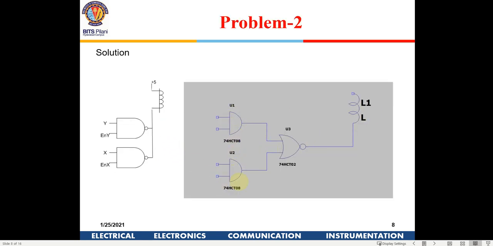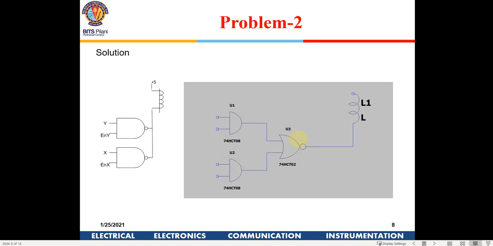So this is a much safer way of doing it, like we decided. If you connect two AND gates and an OR gate, but then to energize a relay, we are giving a supply voltage on the other end. So whenever our favorable condition is available at the input, you want a zero out here, so that current flows through this relay. That is the reason you put, instead of an OR, a NOR gate. So this is a safe circuit. This would work irrespective of what family you are using, whether CMOS or TTL. This will never have a problem. It is the safest way of implementing the circuit.